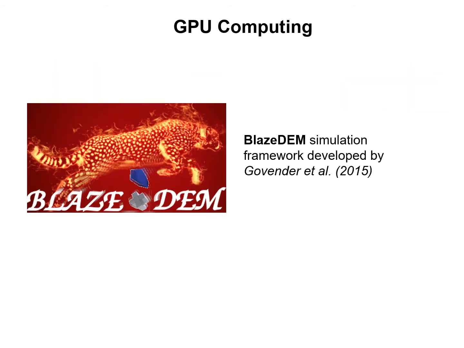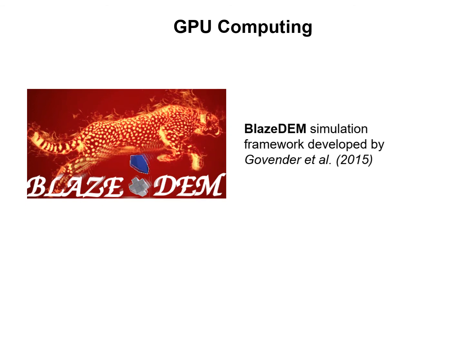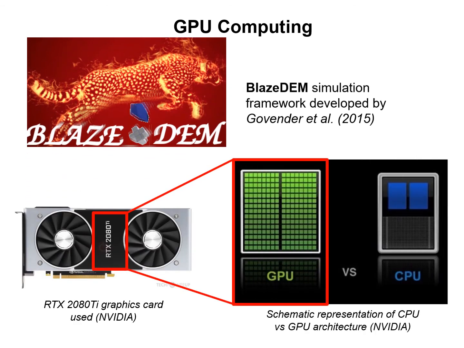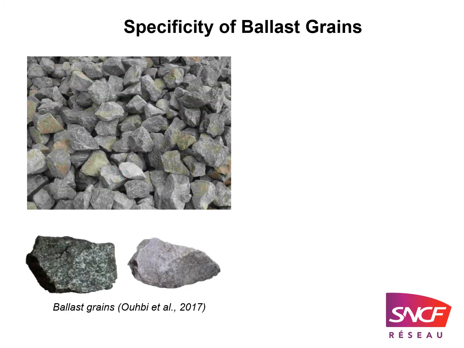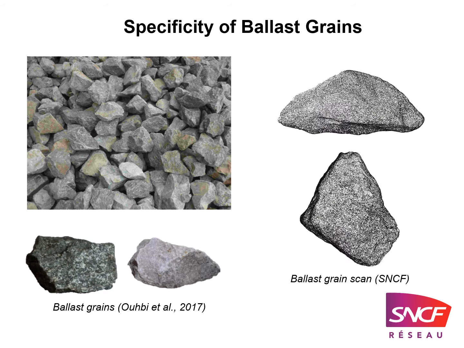The BlazeDEM simulation framework developed by Govender and collaborators is chosen. This framework uses the highly parallelized architecture of the graphics processing unit to accelerate the computation. SNCF Réseau made available a large database of grain scans, which will be used to generate numerical grain shapes for